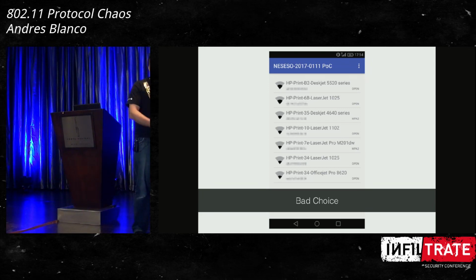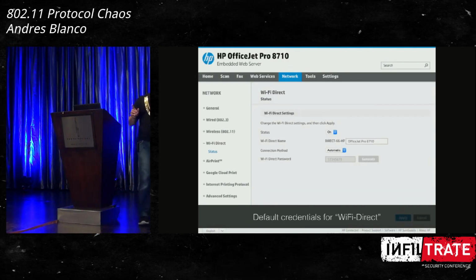We should think about security. We should think about implementing WPA2. So nowadays, by default, they implement WPA2 with a default password of 1, 2, 3, 4, 5, 6, 7, 8. Yes, I don't understand how they think about this, and they say, no, we should implement something secure, and they put a default password on every printer, okay?